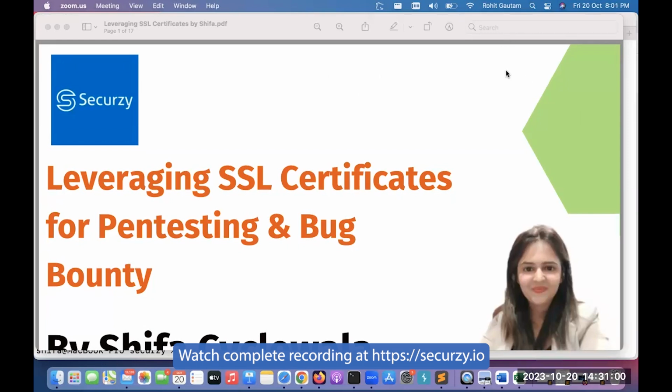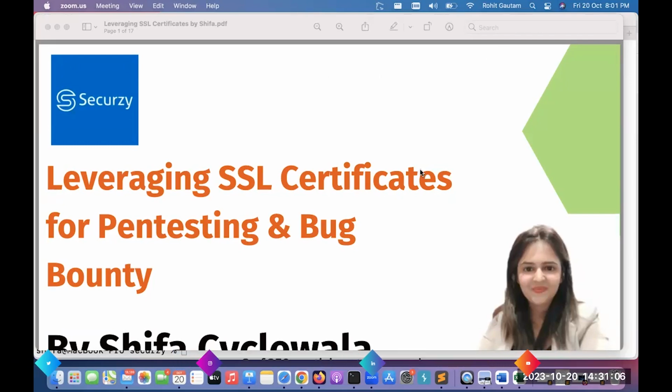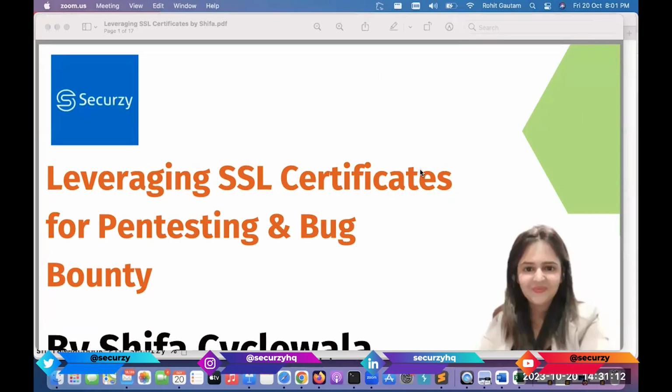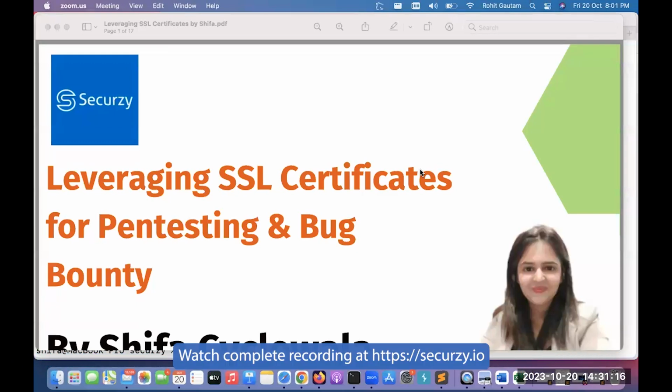So, I'll quickly give you an introduction about myself. I am Shifa Cyclewala. I have been training students about cybersecurity for a long time. I started my journey as a mobile application developer, wherein I have experience working on SSL certificates. So that is the reason I chose this topic, and I think this is a very effective technique,